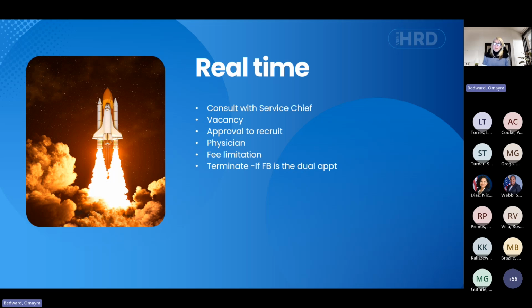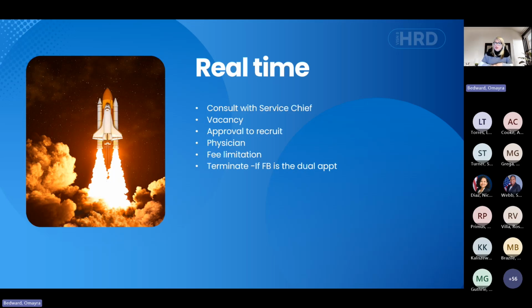So I am going to start from the premise that everything that's required for a recruitment is in place, okay? So I'm just highlighting the overall. If you think that I'm not covering something, it's just that I'm doing the overall of a dual appointment.